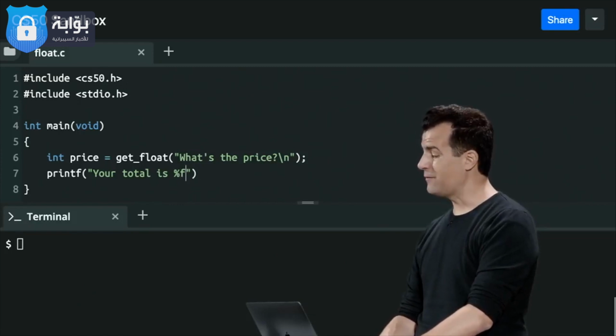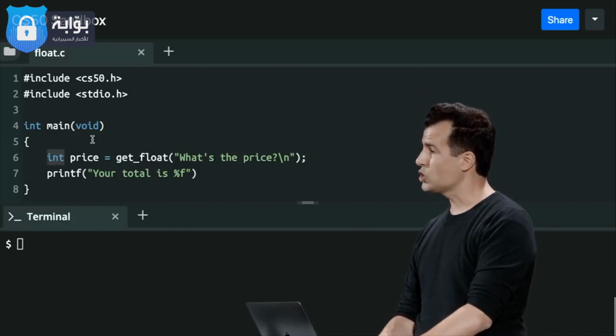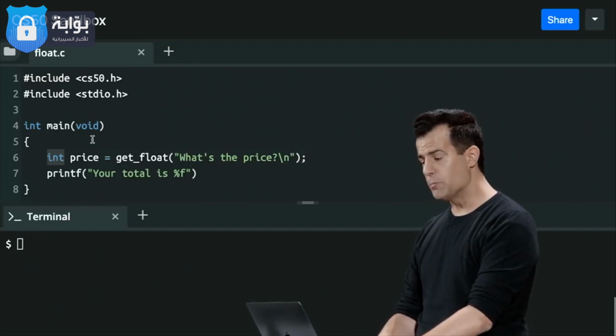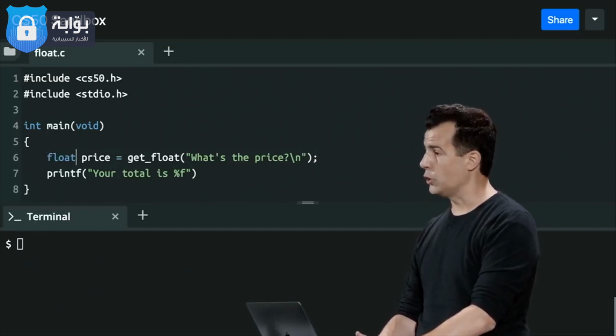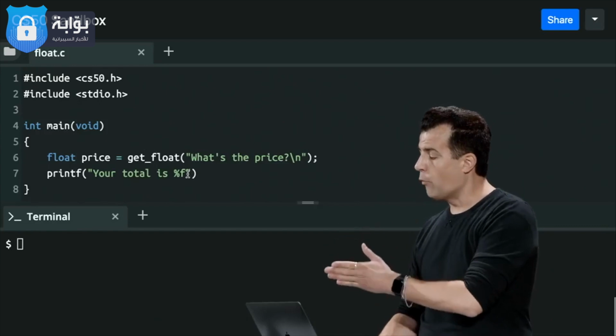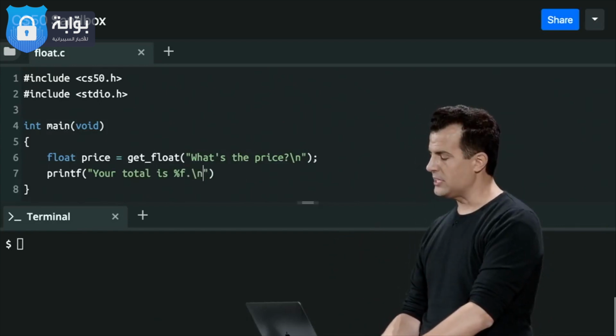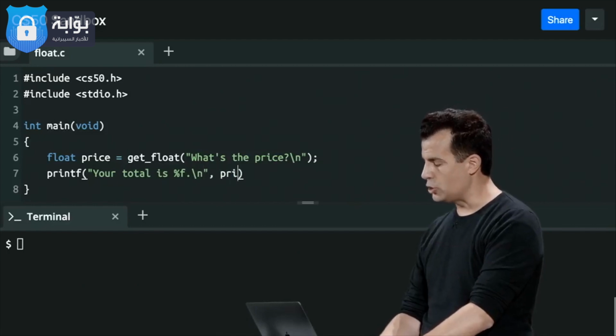And in fact, I goofed. I actually made a mistake here accidentally. I don't want to store the price in an int if I'm getting it as a float. If I'm getting a real number with a decimal point, I probably want to store it as a float as well. So again, different format codes, different placeholders for different contexts. Now let me go ahead and do this. And if I want to plug in the price, I'm going to do price times